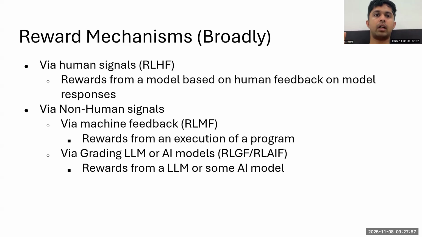So essentially, what we do is we get human feedback on some responses of a model, and then we train a model to predict these human feedbacks or human scoring mechanisms. And then we use these so-called reward models in the reinforcement learning step. The second possibility is we have